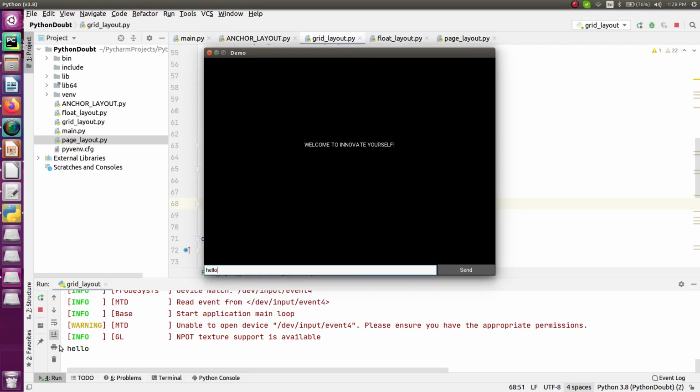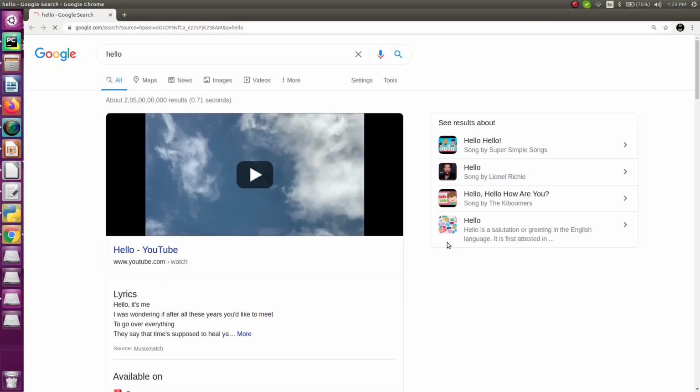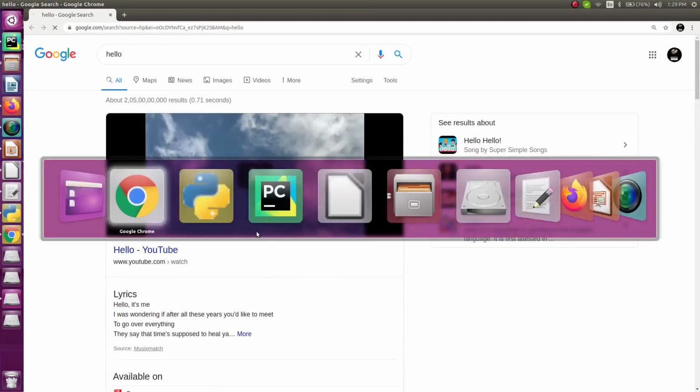You can see the message has been picked up successfully, and based on that it's waiting right now, just because it will open your output in a new window, or let's say in a browser. So that's why it is just taking some time. And you can see Google Chrome is opened, and here it will find the results for you. You can see I have passed hello, so based on that it is sending me a result, and that is this one, right? So this is how it is doing.